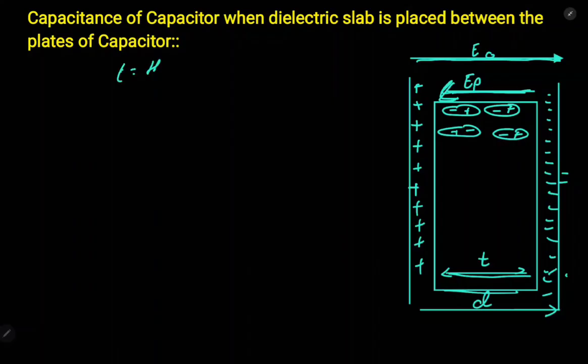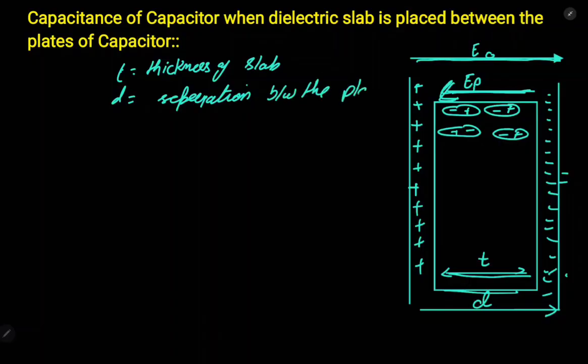T is the thickness of the slab. D is the separation between the plates. Okay, now we know that the electric potential between the plates,